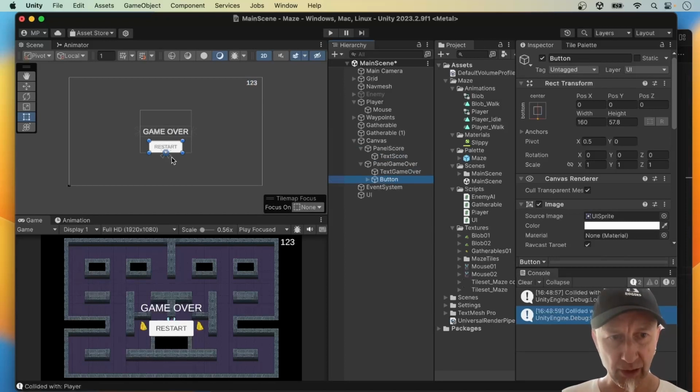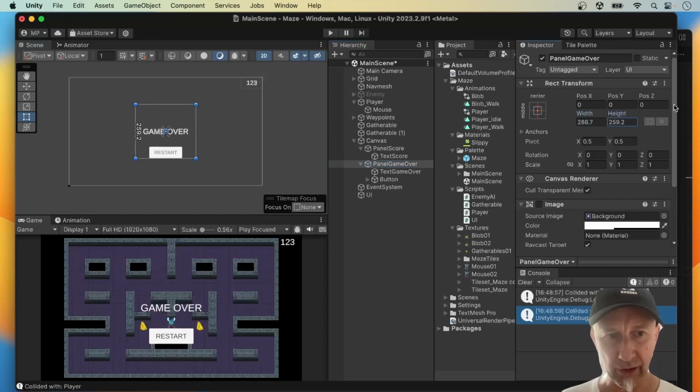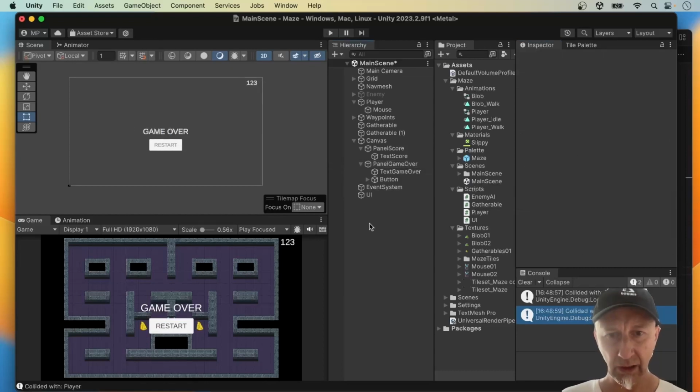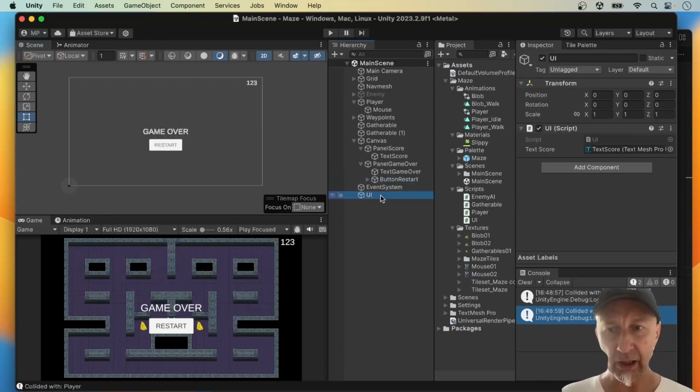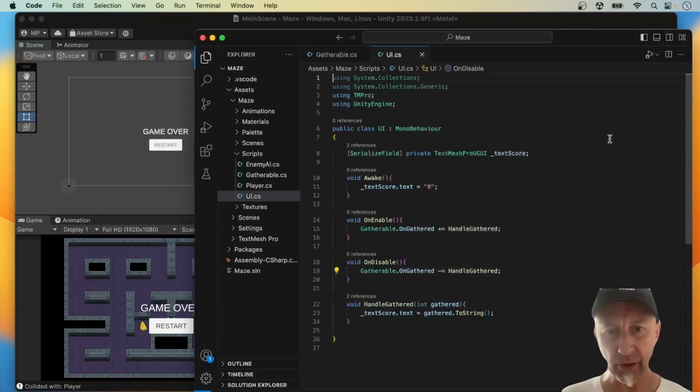And when they're down here like this, it shows that it's anchored to the bottom of our panel. So that can be very handy, because we can just resize the panel and the elements move with that. It's quite handy for laying things out. Let's just do it like that, and I think that should do. Let's rename this button Restart, and let's add to our UI